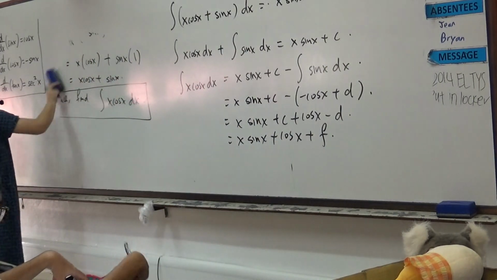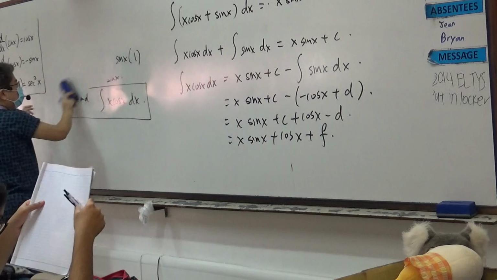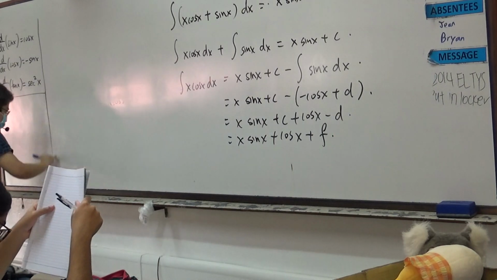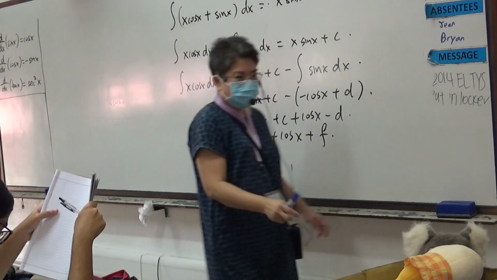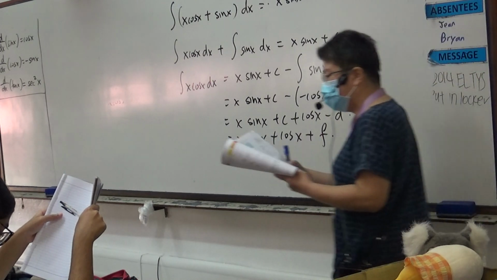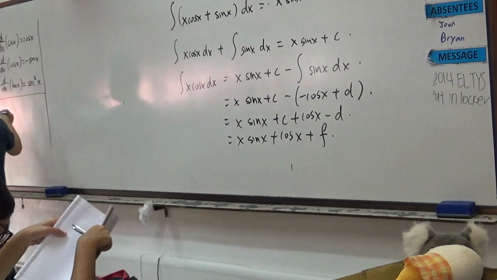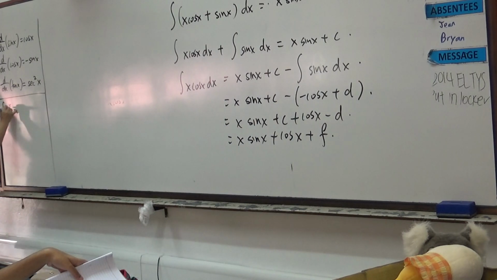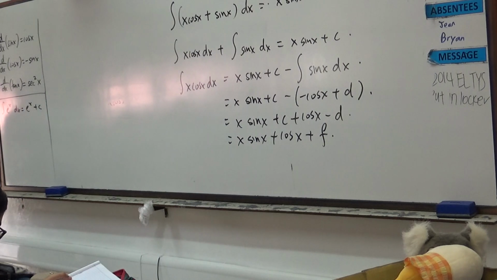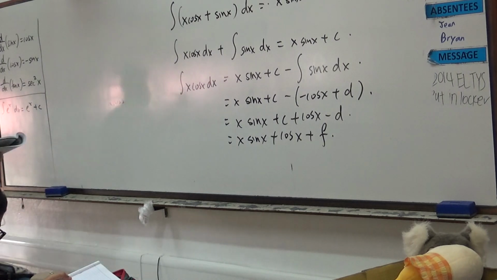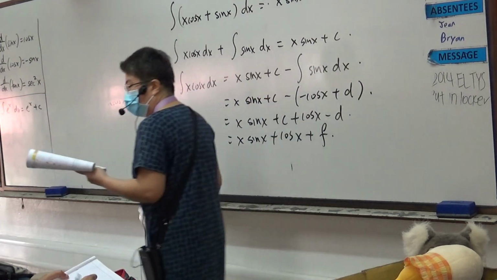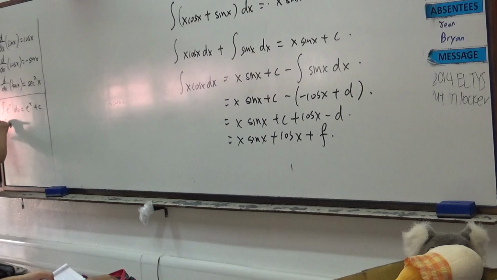So this is the first set that we have learned. Now, what is the second set of things that you will learn? Can you look at page 107? This is the easiest one. When you integrate e^x, you will have e^x plus C. Can you see it's the same? Remember when you differentiate e^x, it's also e^x. So when you integrate e^x, it's also e^x. Okay? Now, what if you integrate